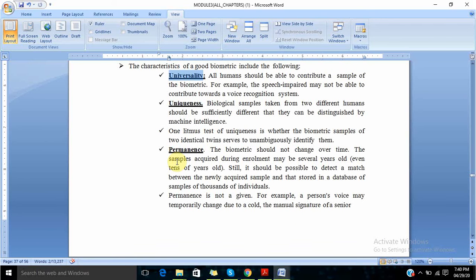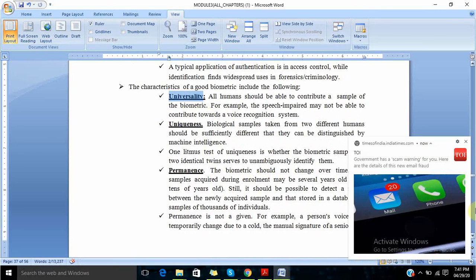See, for example, if I take a fingerprint example, there may be some changes over time. There may be some very minor changes in the fingerprint, or in a voice recognition system the voice patterns may change as we age. So it should be able to detect that. So the better it detects, the better the system is, as simple as that.